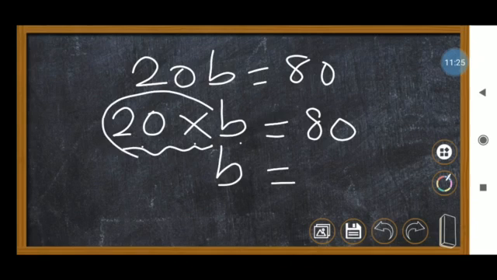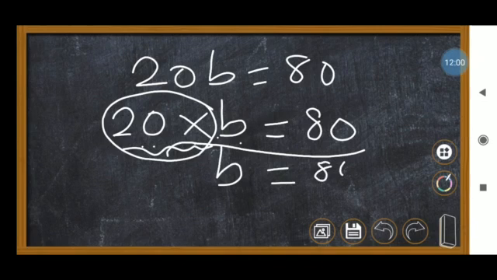That means if we take this number to that side, here it is in multiplication. If it goes to that side, it will become division. If any number is multiplied with another number and you transfer that number to the other side, it will become division. And if it is division, when you transfer this number or variable to the other side, it will become multiplication. So multiplication will become division, division will become multiplication. Here it is multiplication, so it will go to that side and become divide.